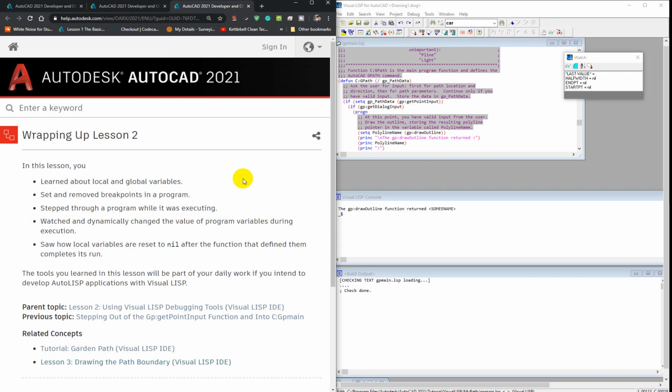The tools you learned in this lesson will be part of your daily work if you intend to develop AutoLISP applications with Visual LISP. That's it for lesson 2, and this is